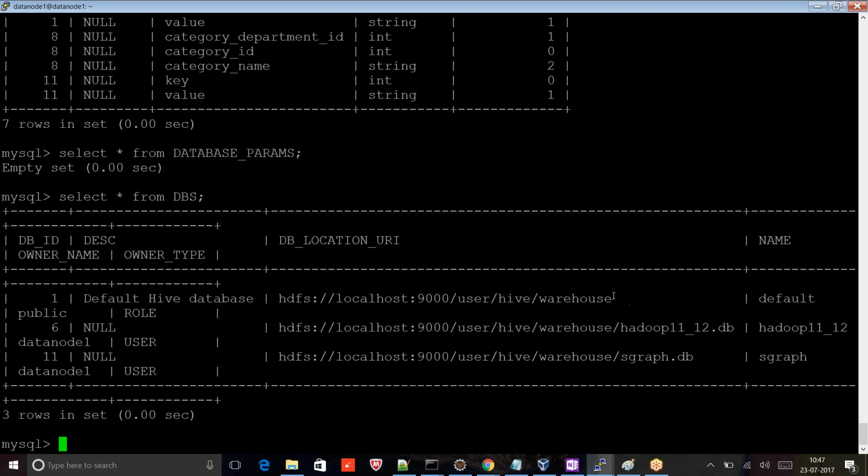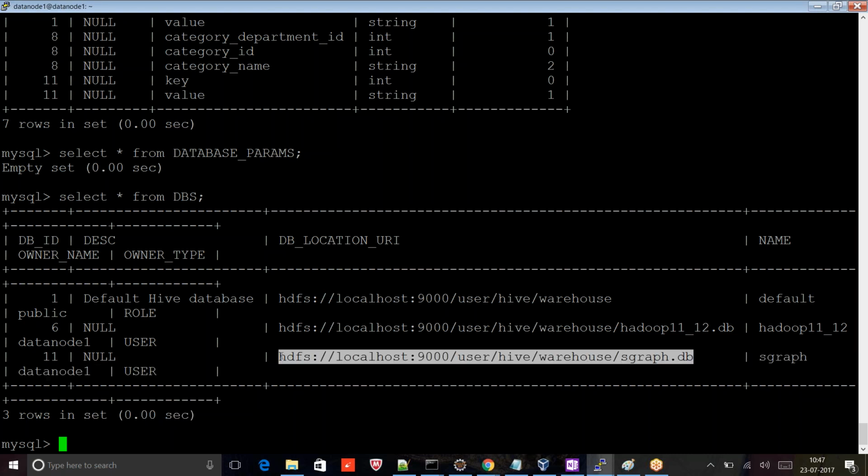But this is not having a .db. That is a default one. Look at guys here. So now I need to check whether this is available or not, right? So how will I check it? Copy this. Go to